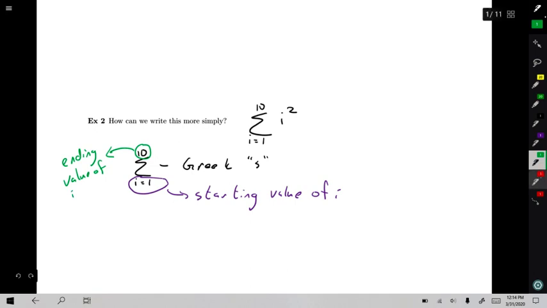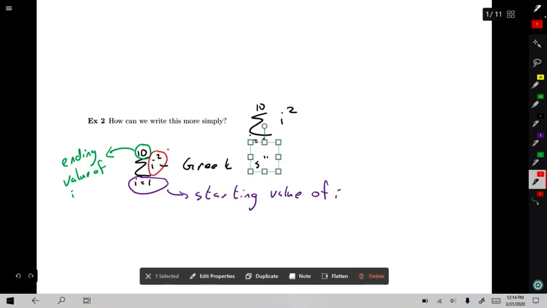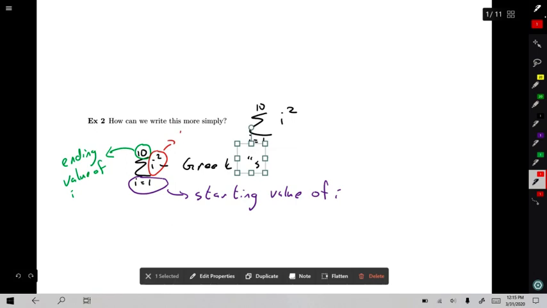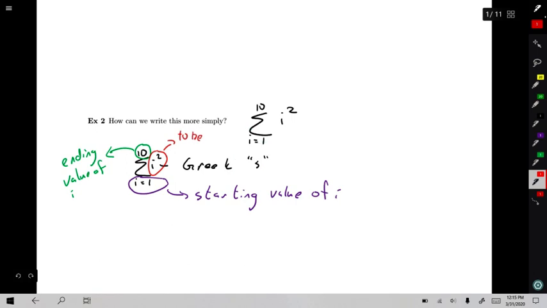And last, we have this i squared thing, which for us is going to indicate, let's put that in black. We have this i squared here, which for us is going to represent the thing that we're adding up. So procedurally, when you come across a sequence of symbols that looks like this,